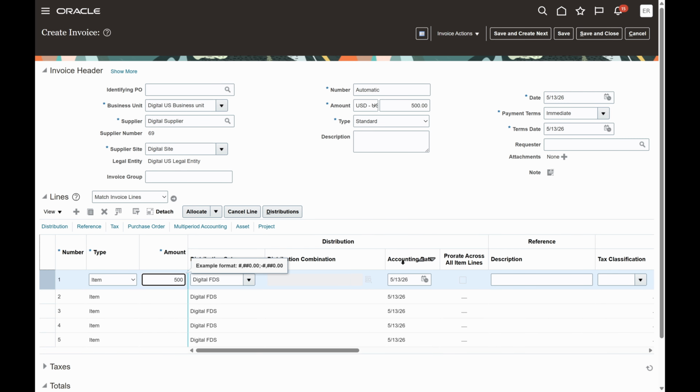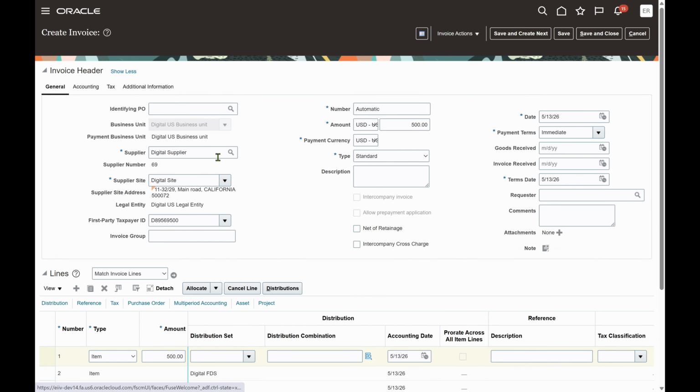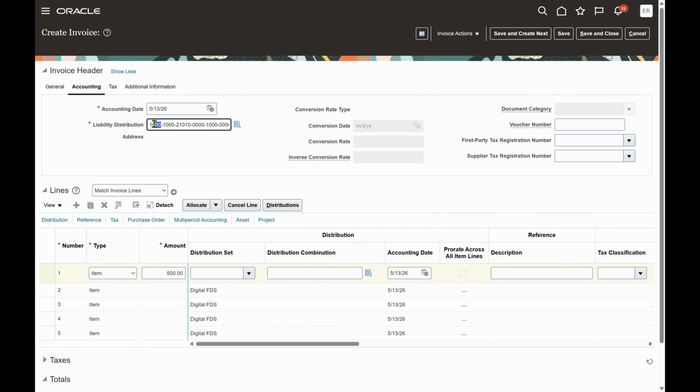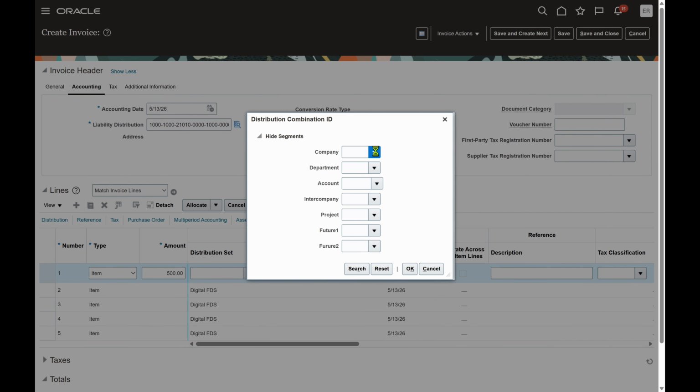Say $500. Now in the liability account, the balancing segment is 1000, and we will give the balancing segment company as 2000,